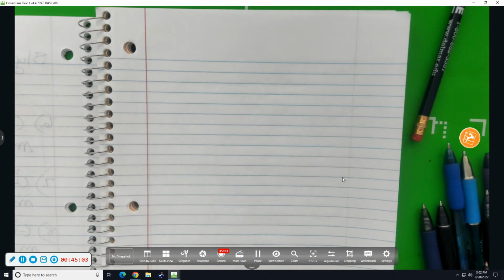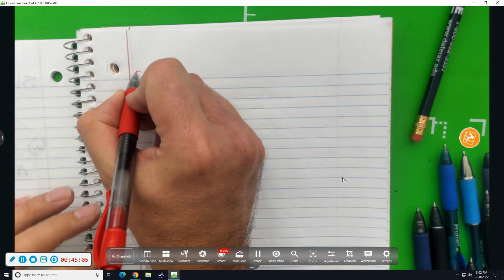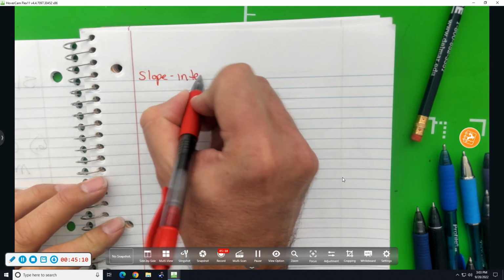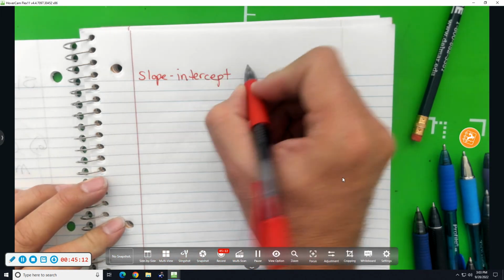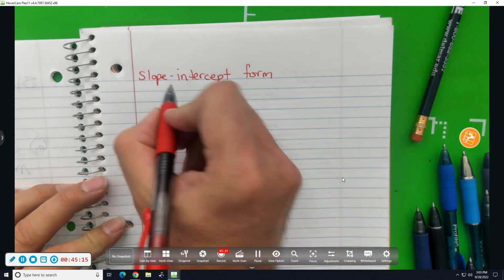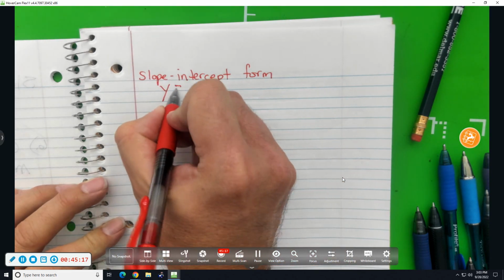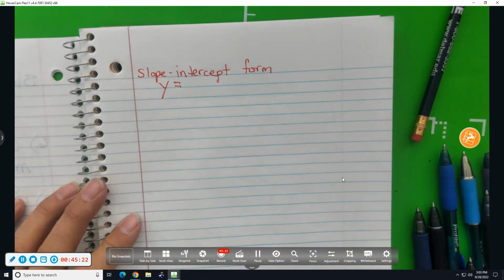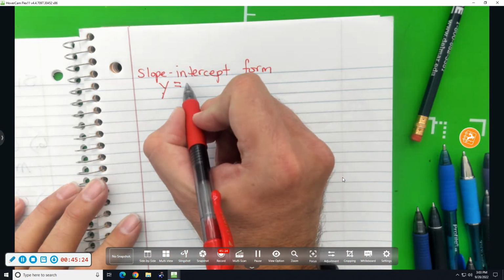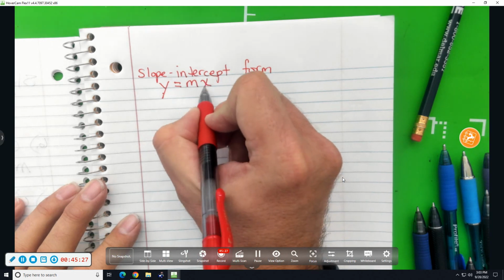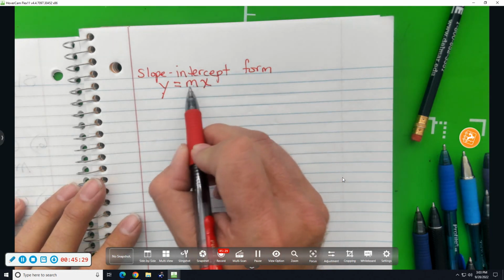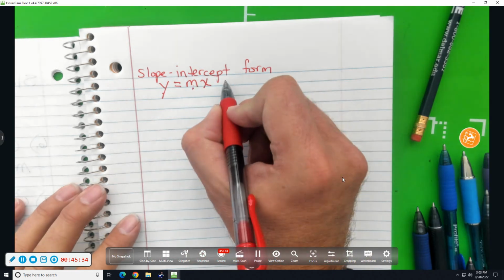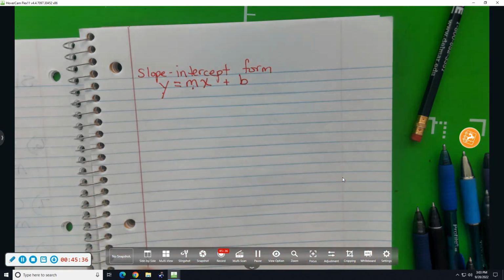If you have the equation solved for y, if it's in the form y equals, that's called slope-intercept form. If you have the y by itself, the coefficient of x, by that I mean the number attached to the x, that's the slope, that's why I used an m there, and the constant term over here is